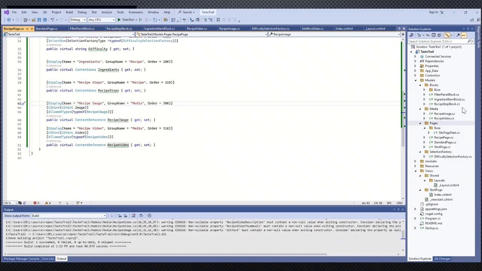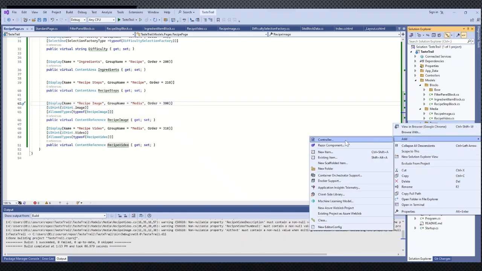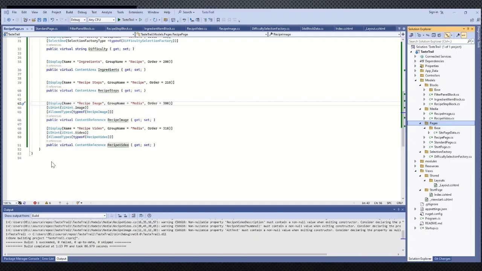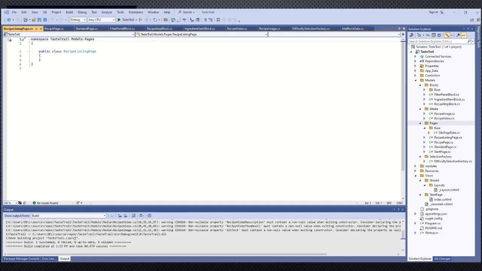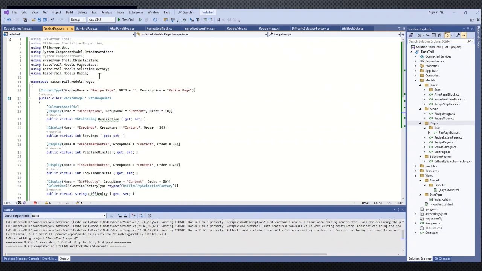The taxonomy that we had already created will automatically appear for all the pages that we create. Yeah, so with this the recipe page is also completed, and the next thing that we will create now is the recipe listing page. So let's do that. So under pages, let's create another class, which is my recipe listing page. Yeah, so that's created. Again, the same steps. I would copy all the using statements from here,